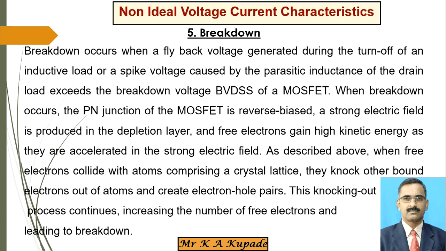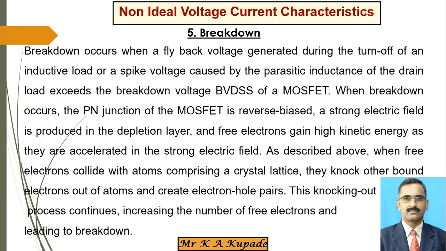So breakdown is again the flyback voltage which is generated during the turn off region. Remember that. In previous video lectures, in the MOSFET we also saw that after the saturation region there is a sudden increase in the current. It is called breakdown, and that again happens due to VDS, even though ID is controlled by VGS. So here it is considered as the flyback voltage.